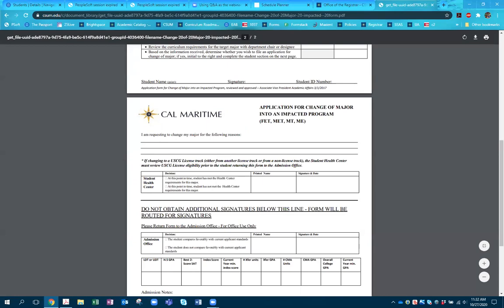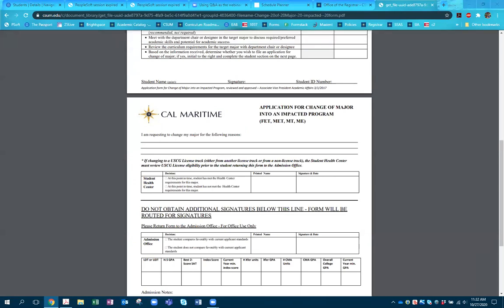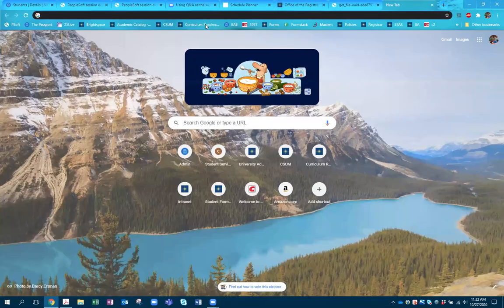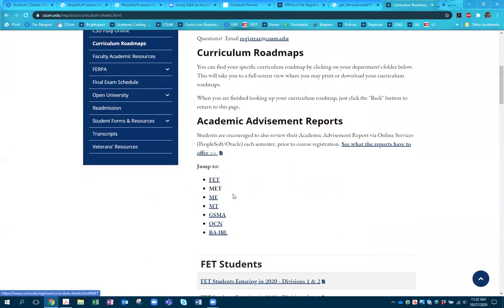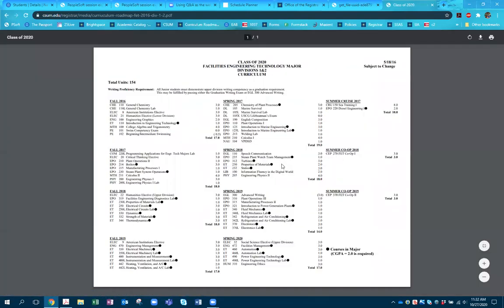It looks like there was a question in the chat about what is the class that's called Elect 22. So on some of our older forms, we have like Elect 22, Elect 21. How would they identify that class? So when the class electives list comes out on the Office of the Registrar webpage, you will see, and I'm trying to remember if it's still on our curriculum sheets. Let me see real quick. I'll jump to FET for a second. I think we changed them so that it just has, okay, so it still has like Elect 21,